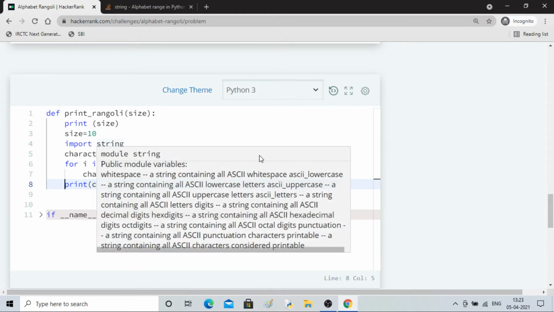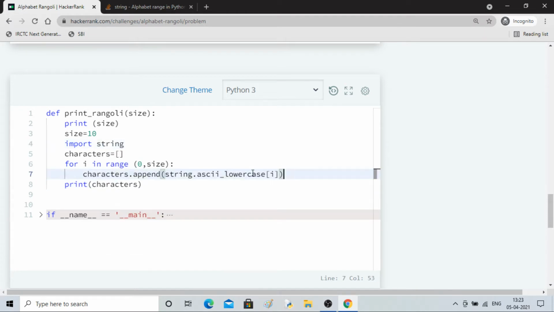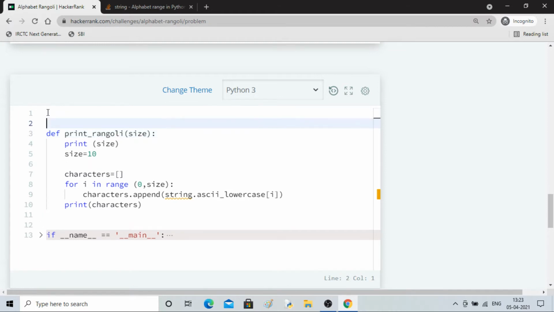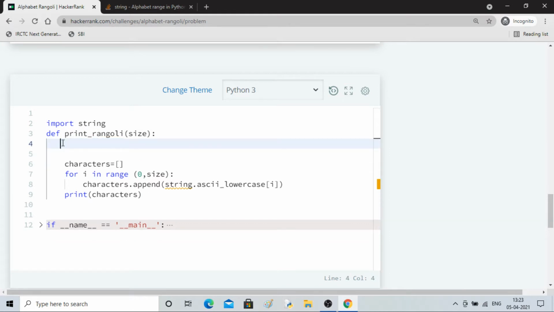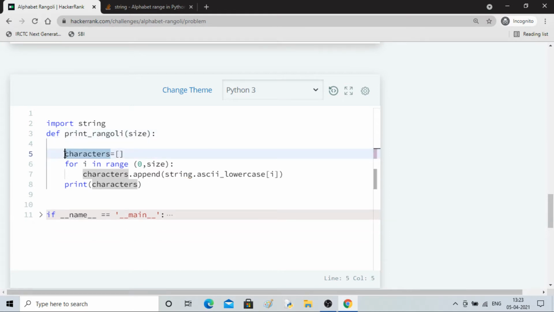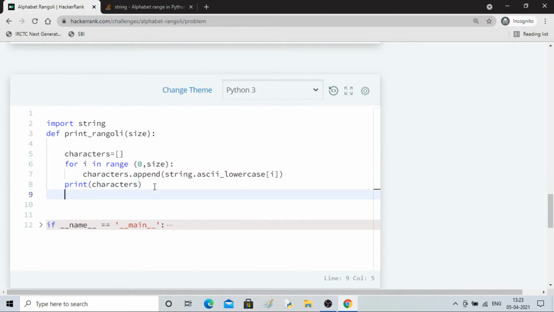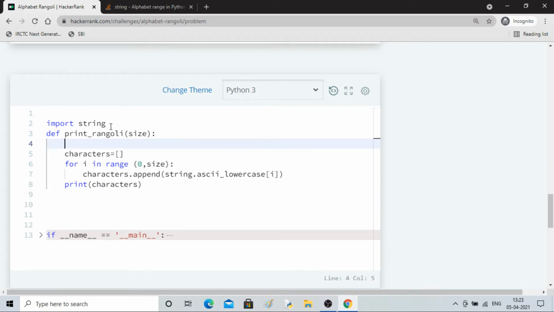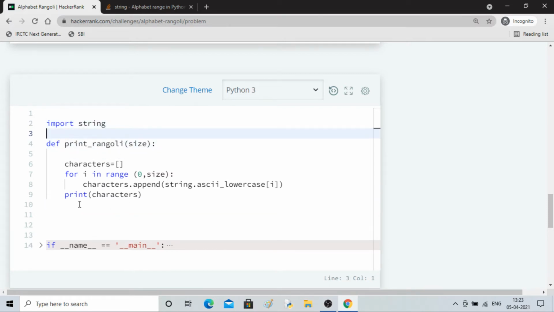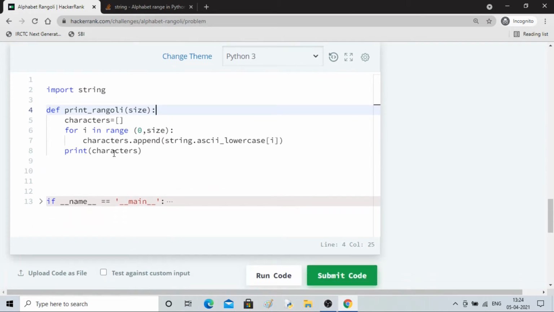So I don't have to do this every time. I'll import string outside the def function, then it will also work, and I can remove this size and this, because I don't need them now. Let me keep it, I'll use it for further code. So here you have clean characters, inside characters you have your alphabets.